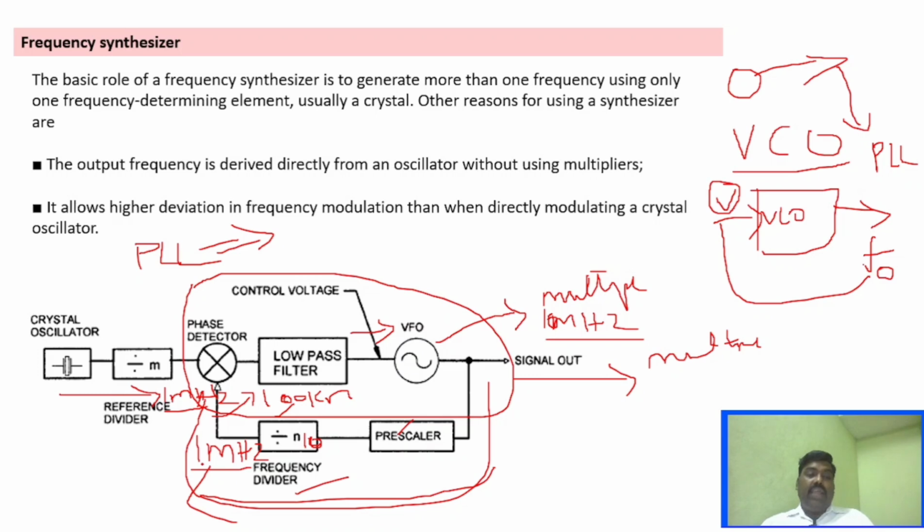You can see there 1 into 10, that is the number of the frequency divider. Whatever frequency divider we use, we are able to obtain multiples of that particular frequency as the output. That is the working of the frequency divider, where we call this a frequency synthesizer. From a single frequency component, we are able to synthesize many frequencies.